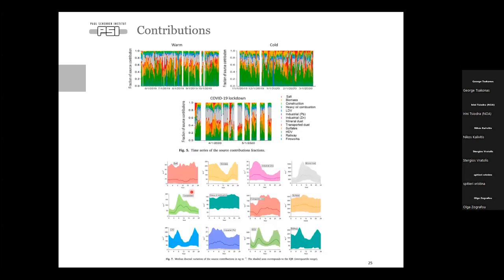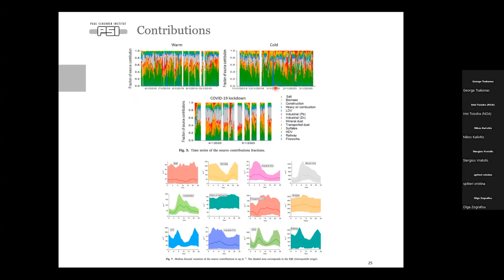So here we can check the contributions as time series. Another interesting thing that we can also discuss later is how to treat very high intensity events that are very short lasting, like fireworks, that tend to mix the solution a lot. For example, you see here in the time series some huge spikes. These refer to the firework events that, even though they last just a few hours, have a super high contribution during this time.